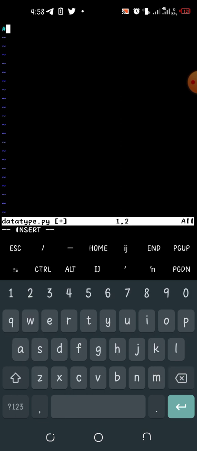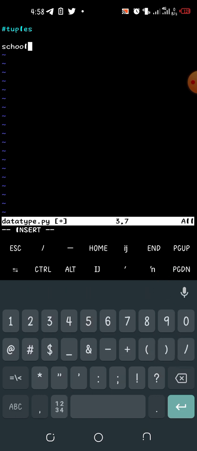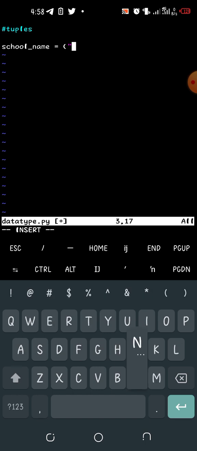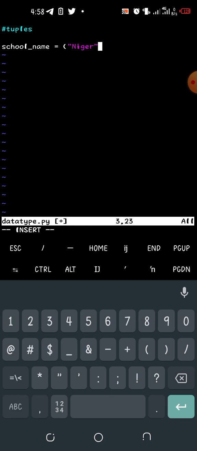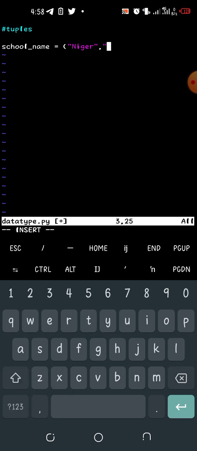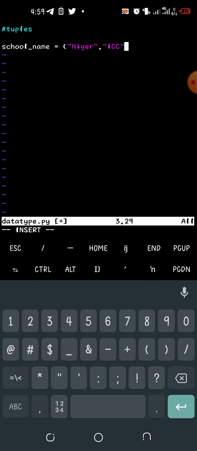Let's talk about tuples. Tuples are just like lists, but unlike lists, they are immutable, which means values created in tuples cannot be edited. Okay, it cannot be modified. You cannot modify it. Let me give you an example of a tuple. Let's see, school name, because the name of a school never changes. Bracket open. You can say Niger, comma. You can say ICC, comma. You can say